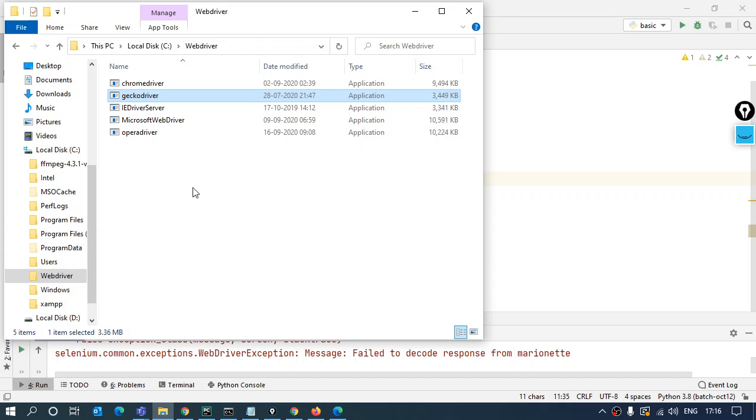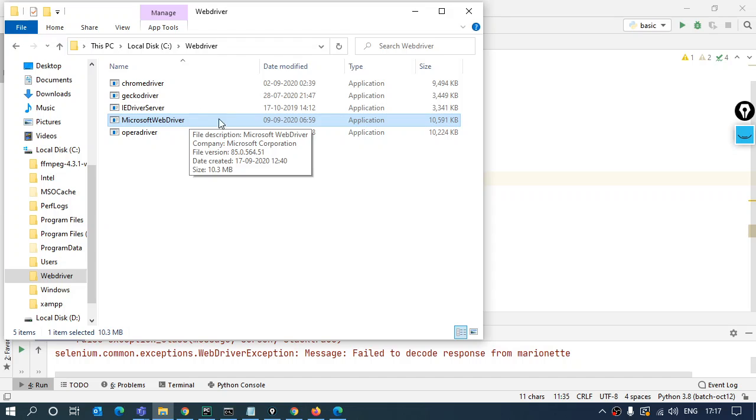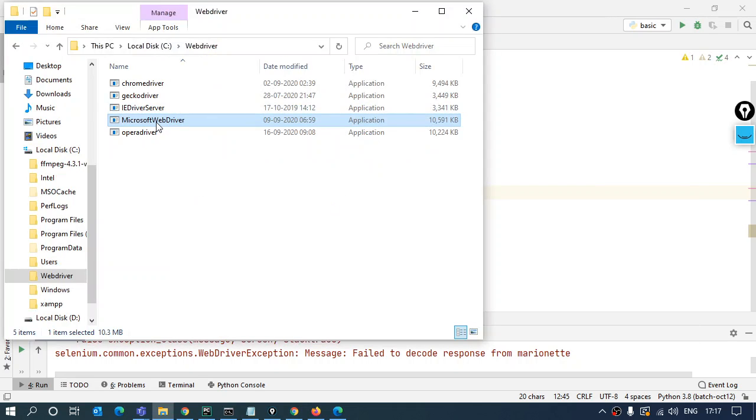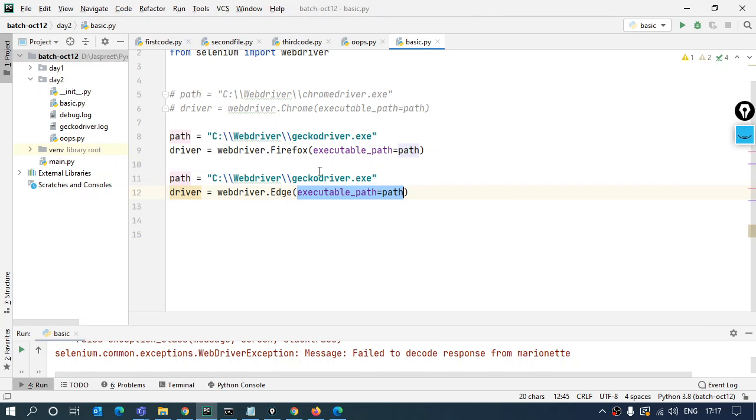But you have to update it to Microsoft WebDriver if you want to work without giving the executable path. If you don't change the name of your driver, Edge is not going to open. That's the issue with the driver name only. Just change the name of your driver to Microsoft WebDriver and it's going to work fine.